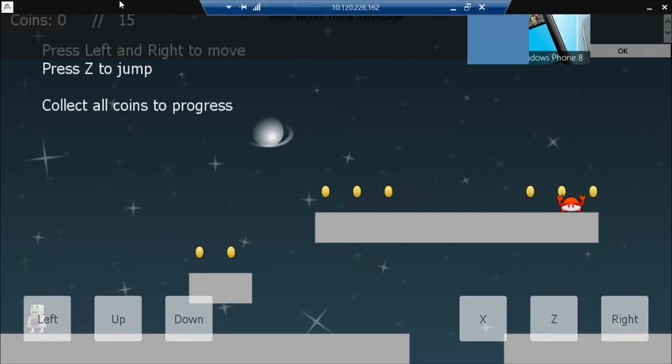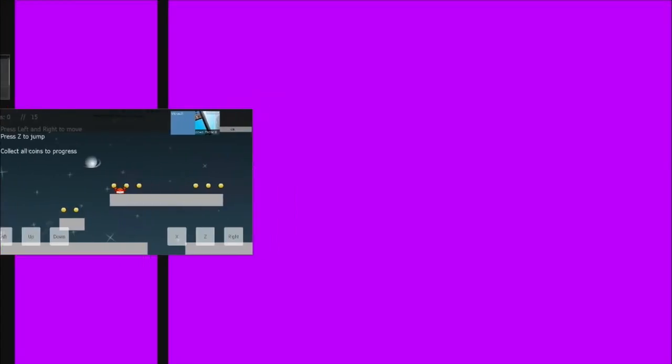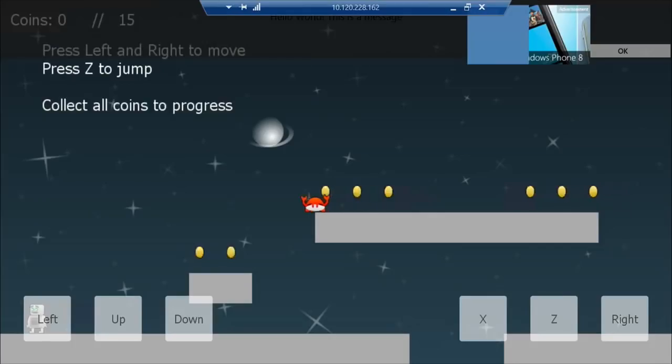I might need to window this. One more try. I'm trying to do it with touchscreen. Okay. There. There you go. And it has a little error message,